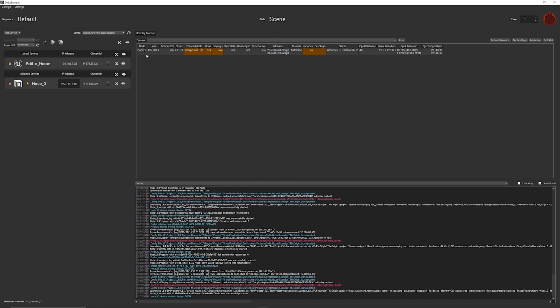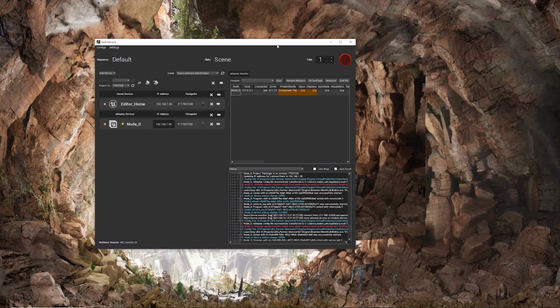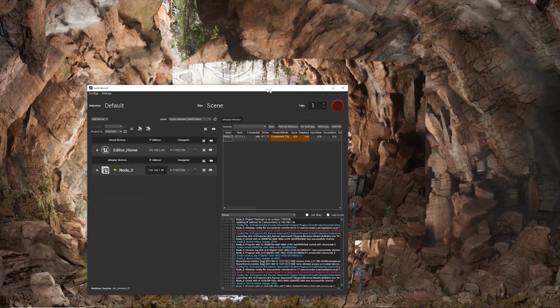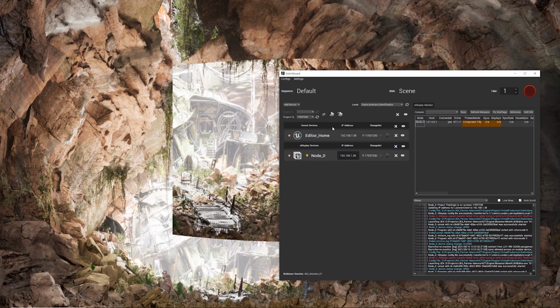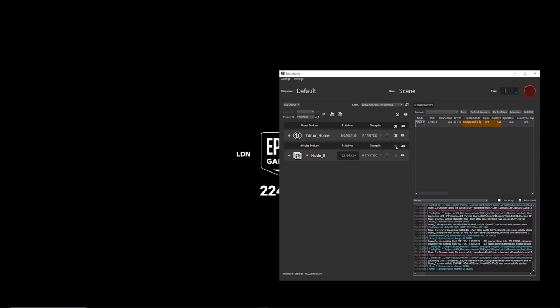And when you have a bunch of NDisplay nodes in the cluster, you would expect to see all of these to be identical with a few exceptions with regards to which one's the master and housing the sync, for example. But generally, the reason we have this is so that we can identify issues in the cluster at a glance. So now that NDisplay is running, if we don't want it to run anymore, we can actually kill it, just like we were killing the editor. So I'm just going to hit the X here, and that's shut.